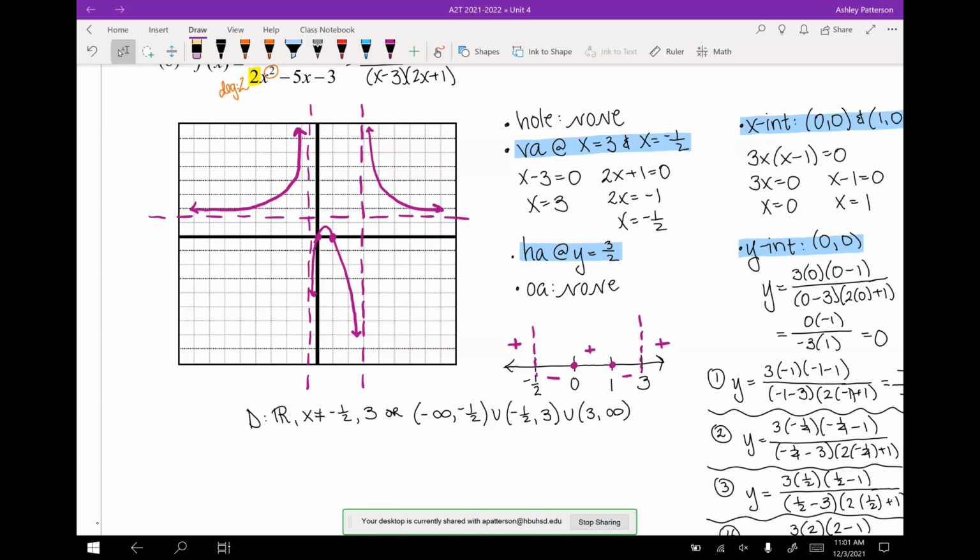Your range has to match your graph. If you cross the horizontal asymptotes, your range might be a little different than mine, and that's okay. What I'm going to look for on a test or a quiz or your homework is that even if your sketch is wrong, does your range match your graph? That's what matters to me. Yes? Okay. So, for my range, I'm going to put